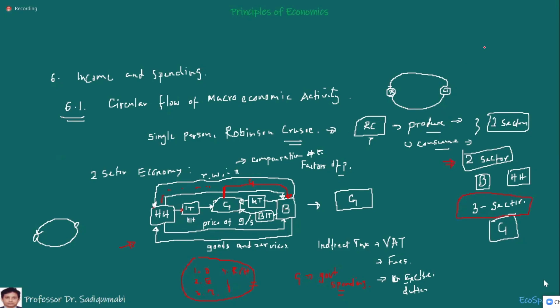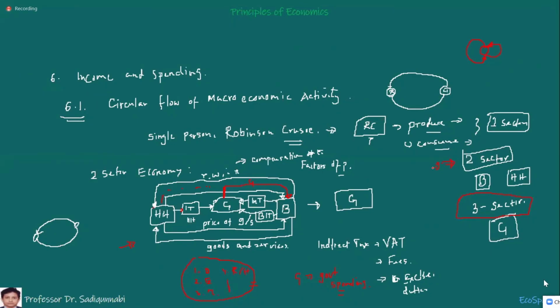And the Robinson Crusoe economy is irrelevant in the world. This is actually not a circular flow. With one person, a circular flow cannot be there. It is coming from here to there to there. It is not actually the real thing. So the Robinson Crusoe economy is an unrealistic economy. It is not possible. There's no exchange.